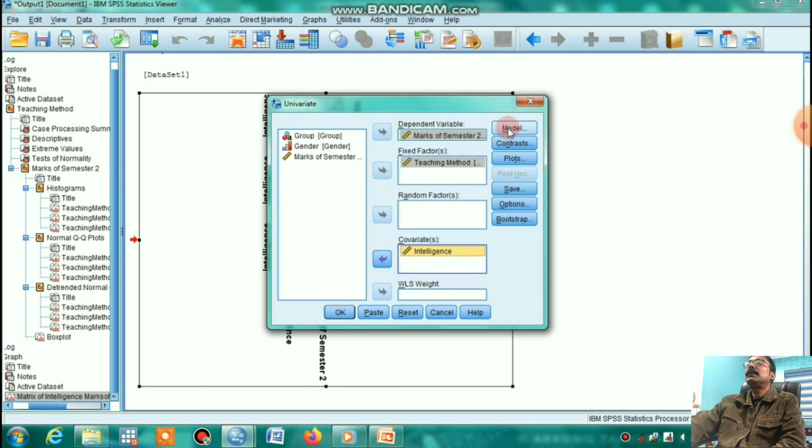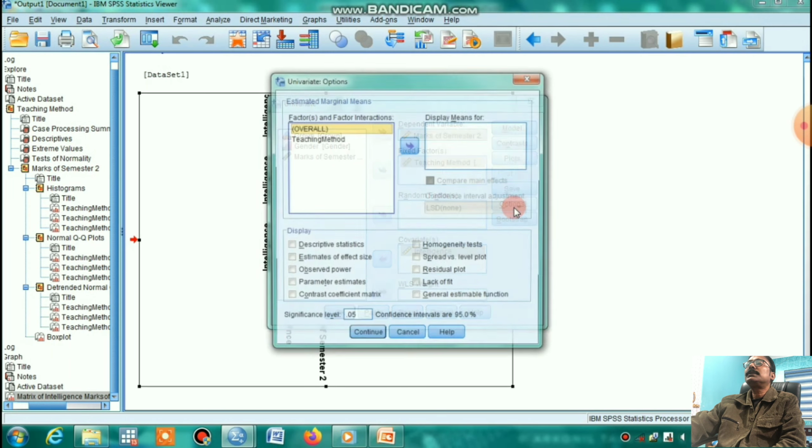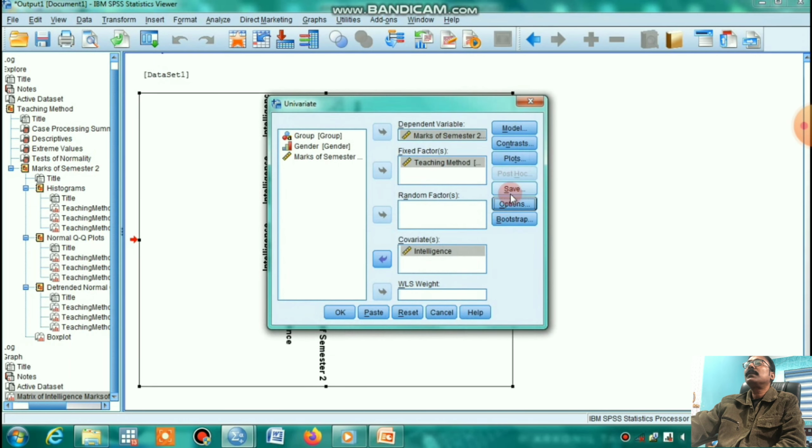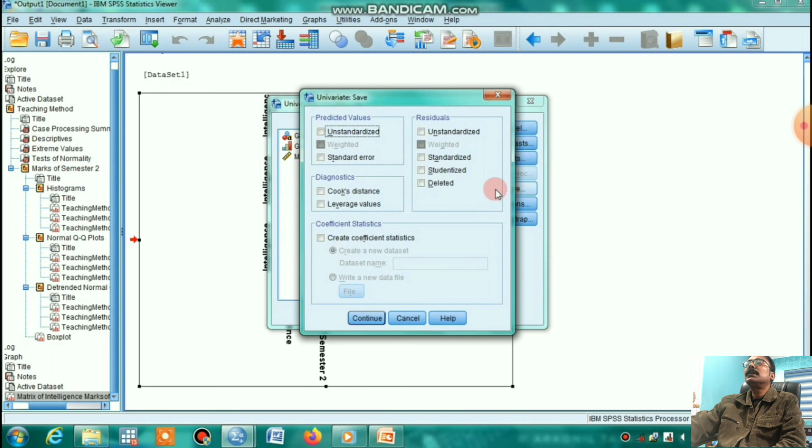The options are homogeneity tests, descriptive statistics, estimates of effect size, continue, display means for teaching method, continue. For save, we don't need to change anything, continue.